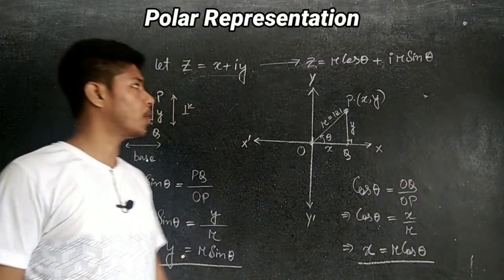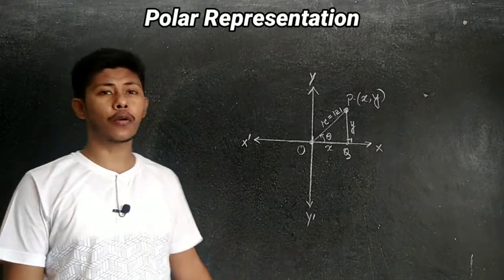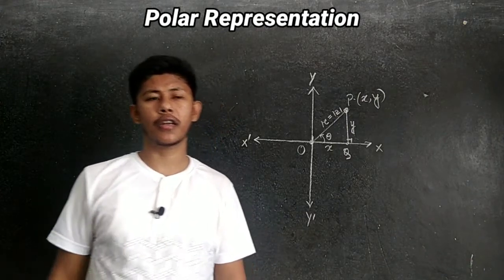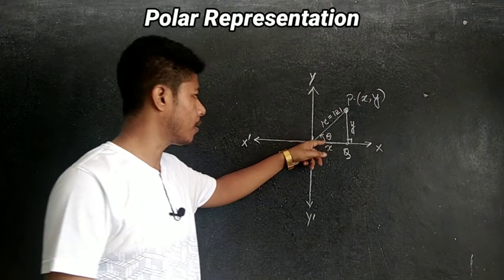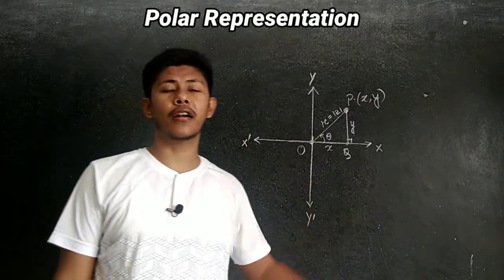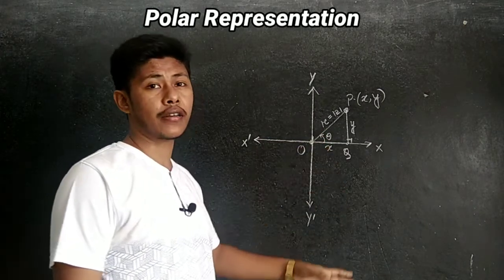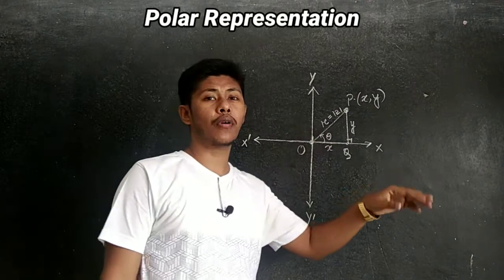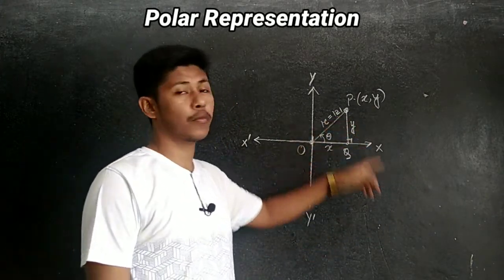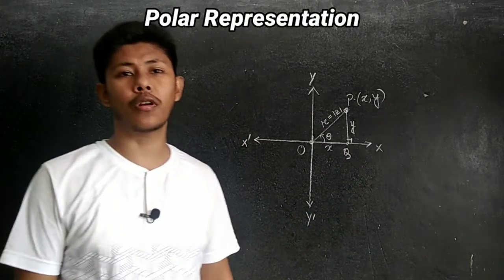So this one is the polar representation of a complex number. After getting the polar coordinates here, x equal to r cos theta and y equal to r sin theta, we get some names. No doubt, r comma theta, r and theta are known as polar coordinates. So individually what is the name of this r and theta? Also we can say r equals what? Modulus of z. So this r is also modulus of z.